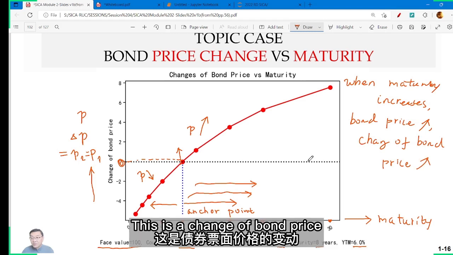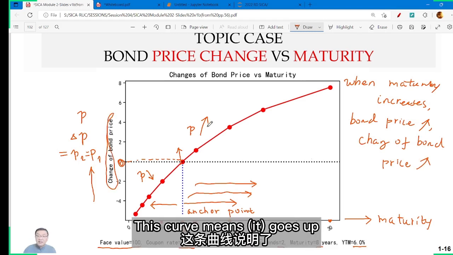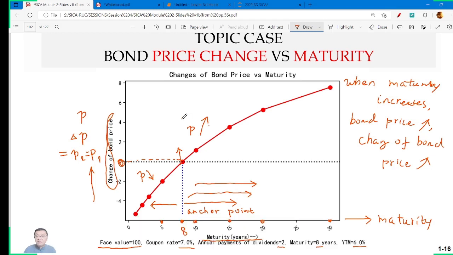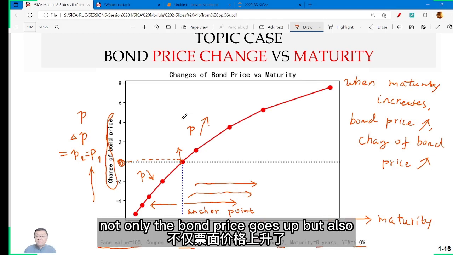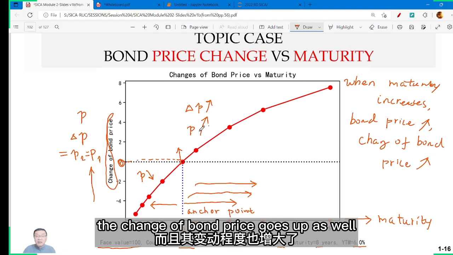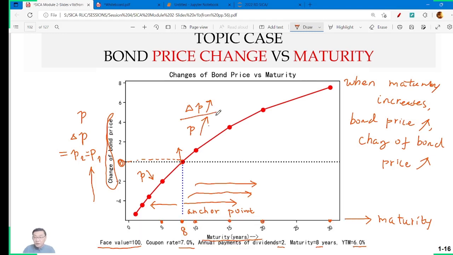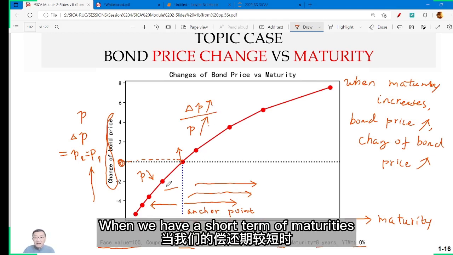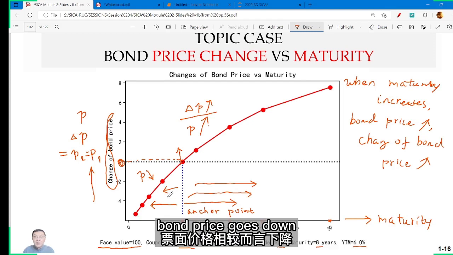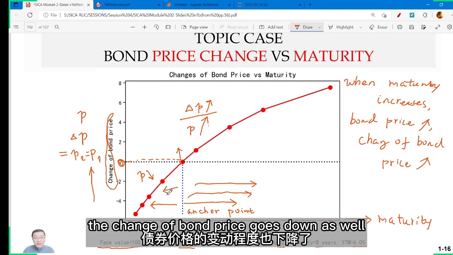This is the change of bond price. This curve means it goes up. Not only does the bond price go up, but also the change of bond price goes up as well. When we have a short term of maturity, bond price goes down,